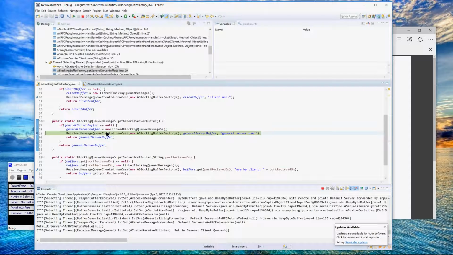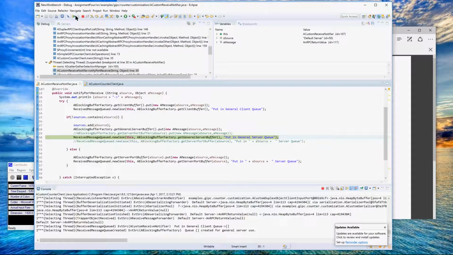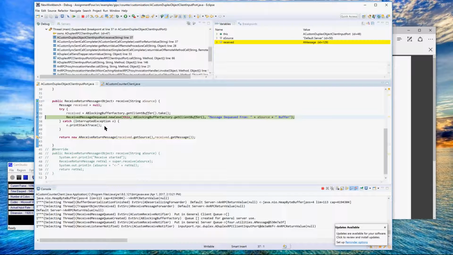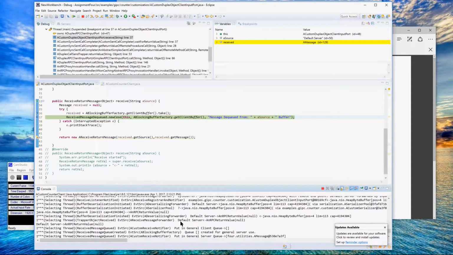We're going to put in the server queue. That's fine. All this doesn't matter because the client only uses this client queue. So these are just for server side. All right, so the return value received is called, which is doing nothing. Some of this goes into part 2, but it's just to show that the message was put